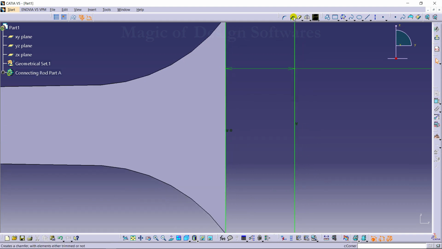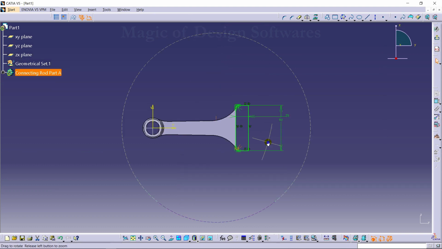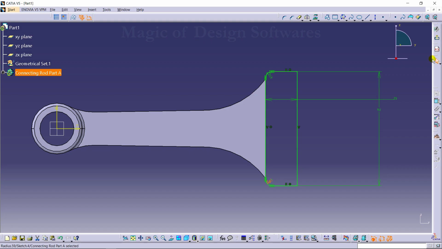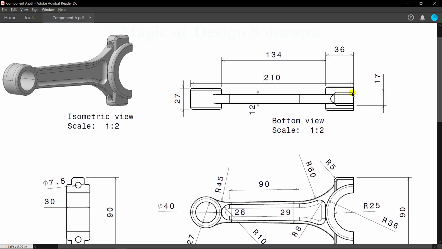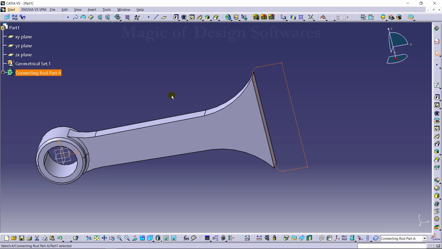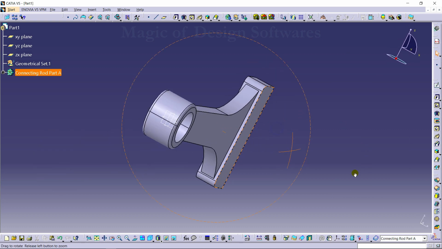Okay, this one also is 5 mm. As you can see here, the dimension of this is 17 mm. Okay, so it's somewhat outward from this plate. So 17 by 2, and should be in mirror extension. Okay,